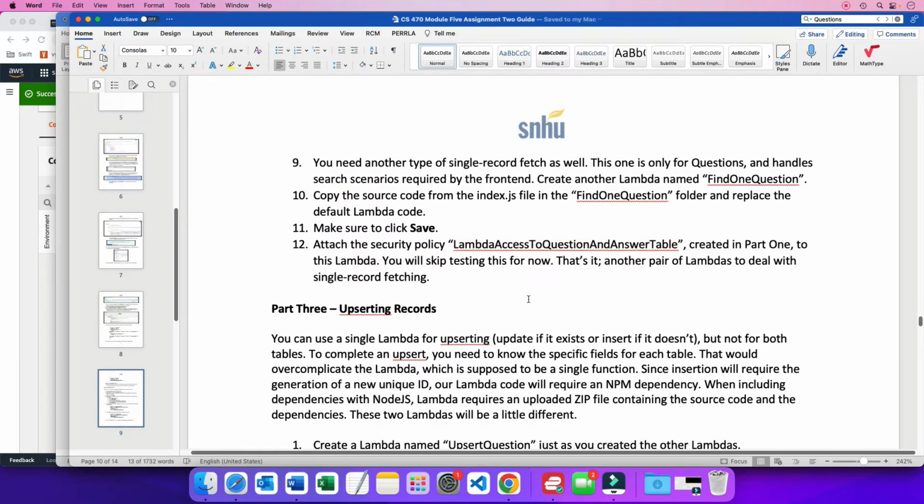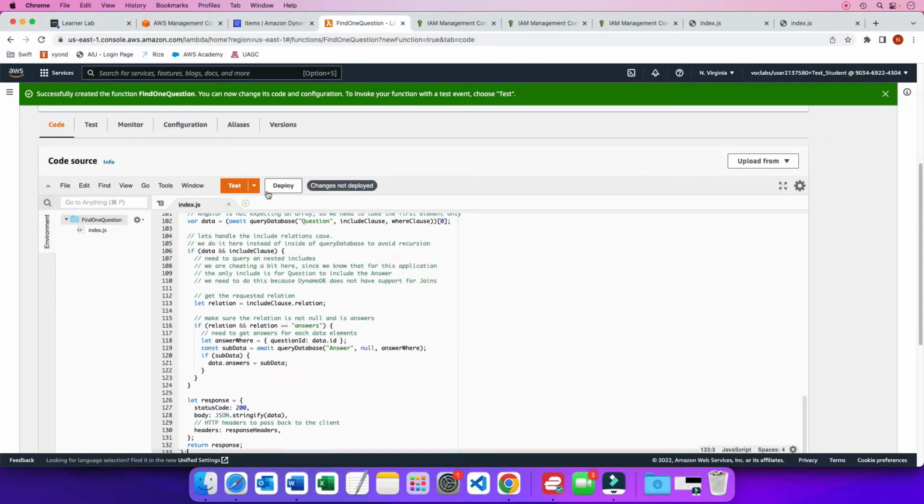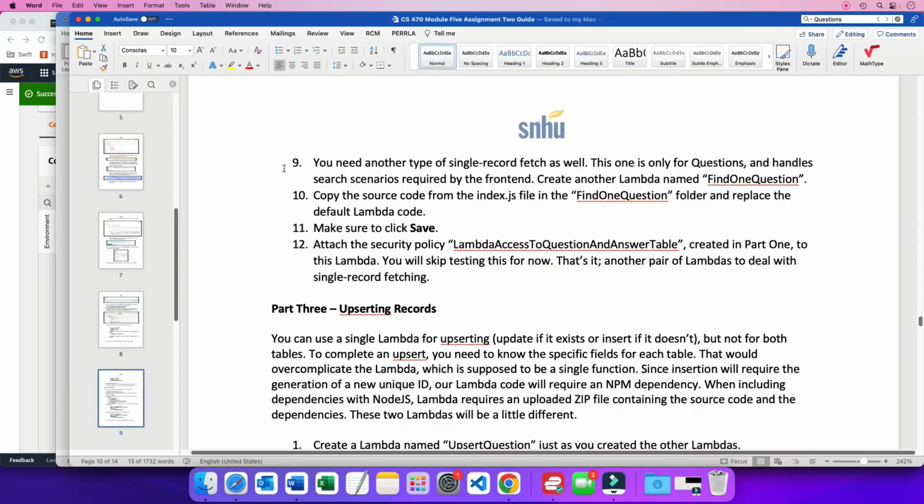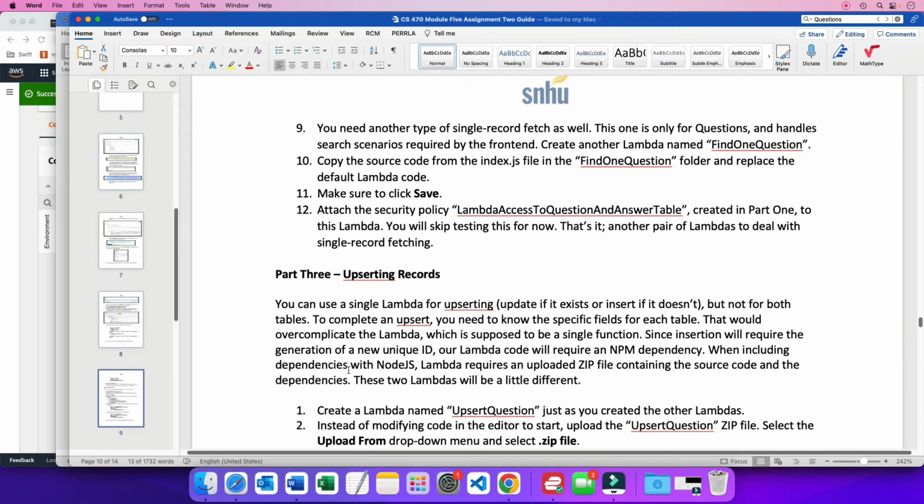Okay, there is no test here. Alright, so click on deploy, don't forget that. And now we have a new lambda function called find one question. Alright, more lambdas to come still. Now we need to